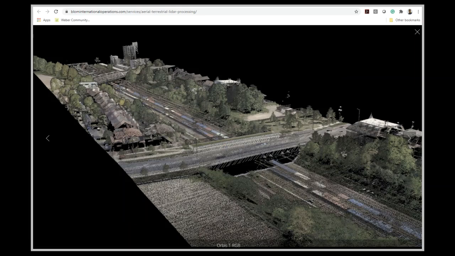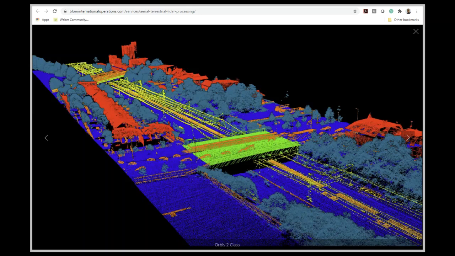Oftentimes we're looking to transfer a site that we're working on and really start to understand the basic features that are on that site: the buildings, the masses, the tree canopy, how tall the trees are, the ground plane, all of these different surfaces. Well, with LiDAR, you can fly over it, creating a point cloud, and that point cloud allows us to start separating out the different densities of surfaces, and so you start to see the buildings separate out in the point cloud based on how long it took for light to reflect off those surfaces and make it back